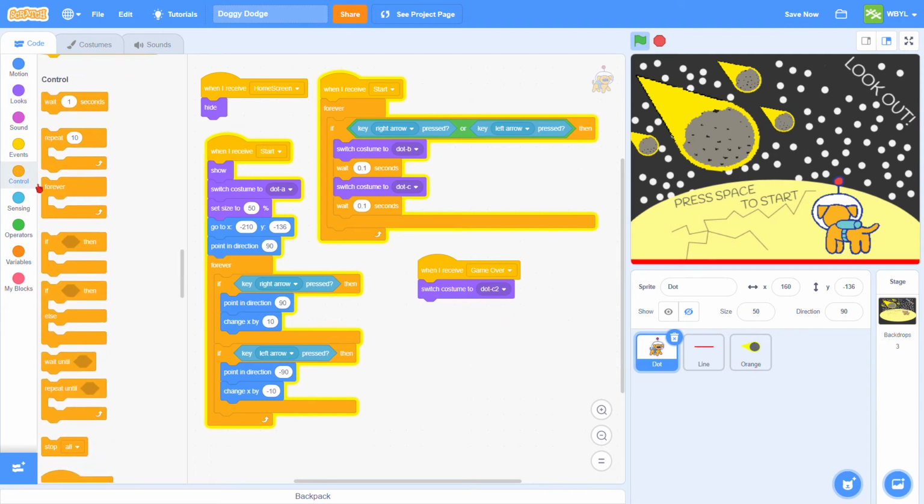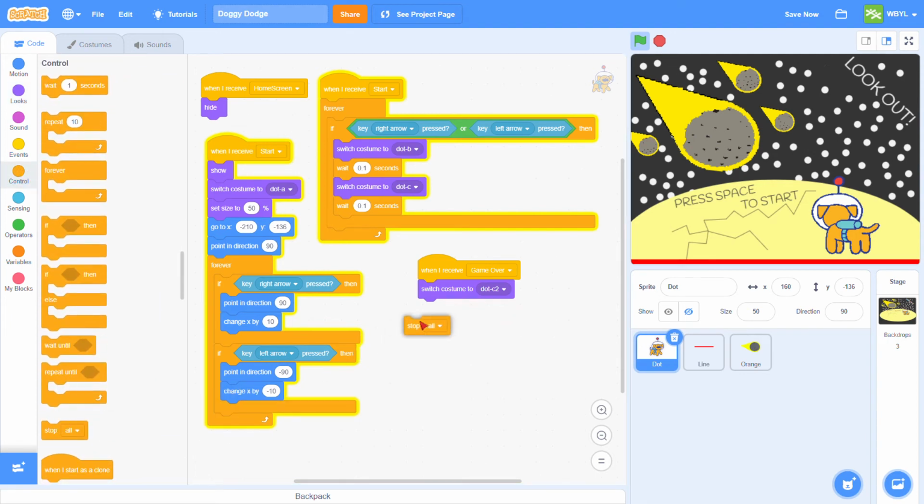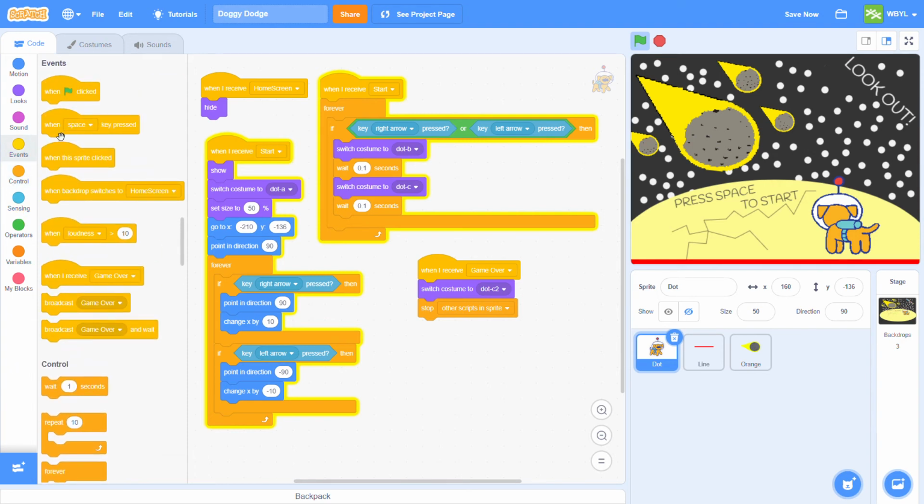again we can go to Control and stop the other scripts in this sprite. That way once we get hit, we're not still moving left to right. So this will have the kind of scared dot face. Another thing we can do, this one's kind of fun, we can go here. So when I receive start,